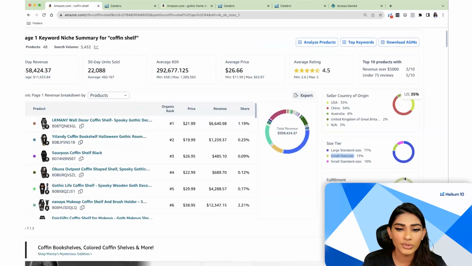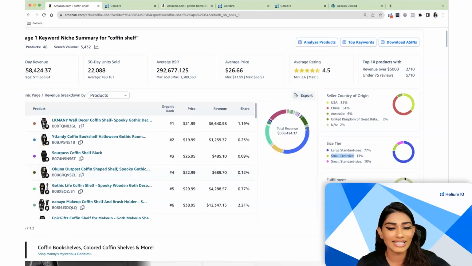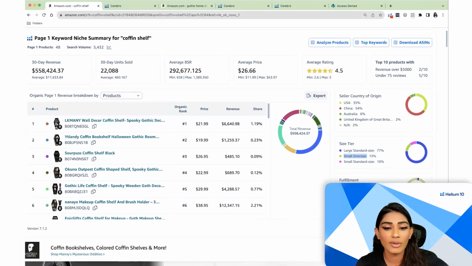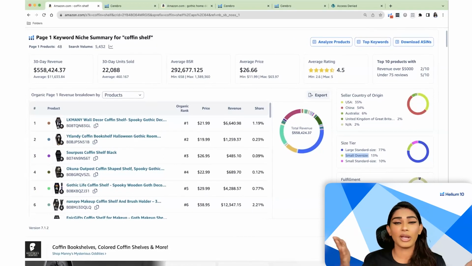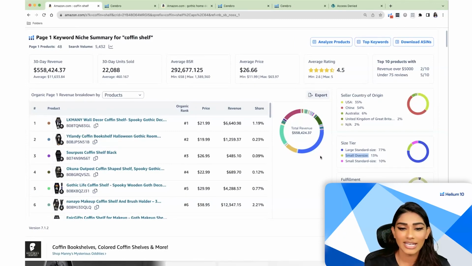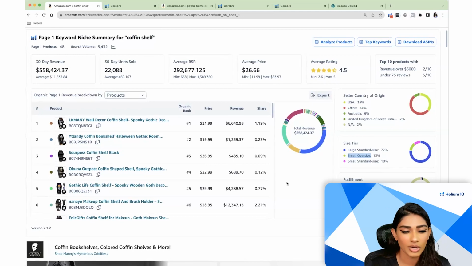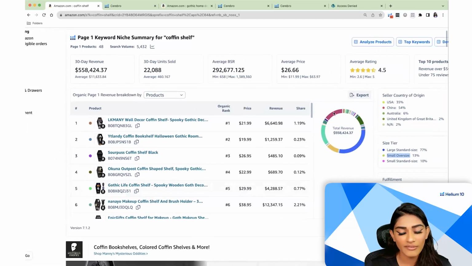And so it's really useful to have the country of origin, size tier, and fulfillment on the right-hand side. This can even help you determine how you want to fulfill your products and whether or not it's working for others, or maybe you want to end up doing a split for your inventory. You might want to have some at your house and some at the Amazon warehouse. That's also an option. You can just take a look, gauge the information, and see what you want to do from there. You also have your total revenue.